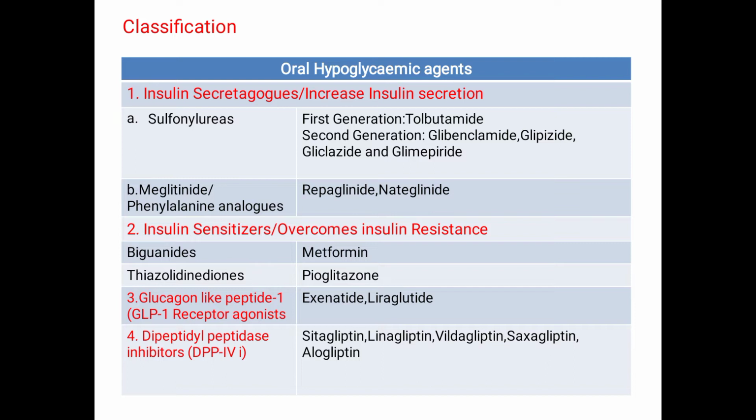And the fourth category is DPP-4 inhibitors, that is dipeptidyl peptidase 4 inhibitors. So we have a category of drugs here called the gliptins: sitagliptin, linagliptin, vildagliptin, saxagliptin. So all the gliptins will come under the fourth category. And next is the